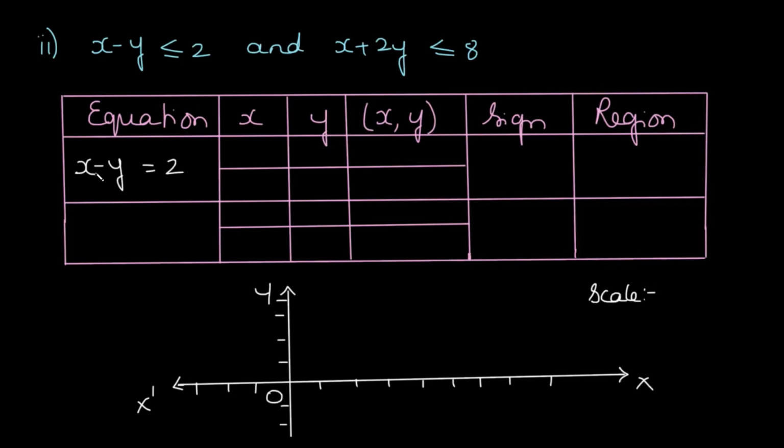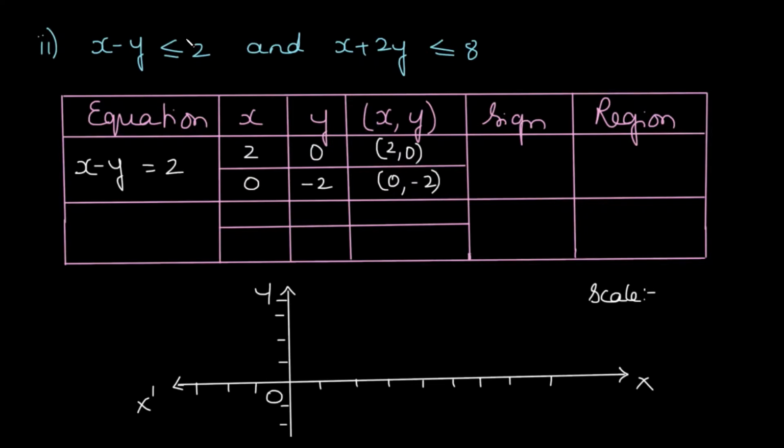See, this is very convincing. We just observe the equation and think whether we can put 0 as one of the coordinates and get the other corresponding coordinate. Of course, we can get it over here when y is 0. When y is 0, x becomes 2. So 2, 0 is one of the points of this particular line. What about the other one? Of course, we put x as 0. When we put x as 0, y turns out to be minus 2. So we have 0, minus 2 as the other coordinate of the line.